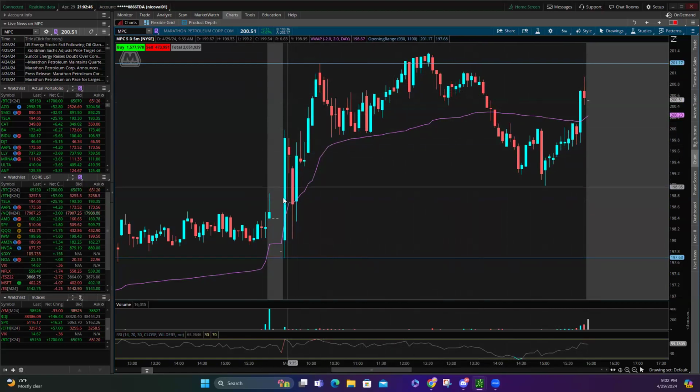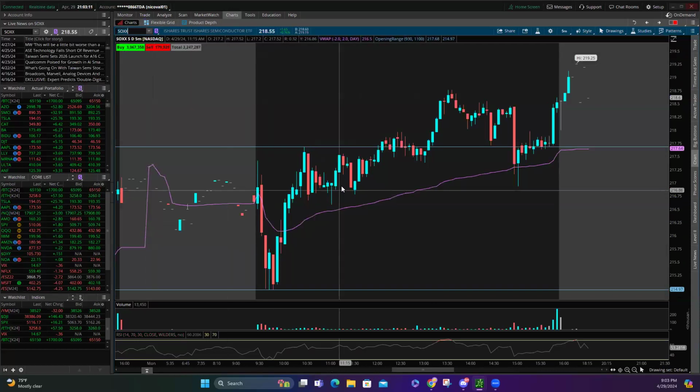If you don't have a retest of the VWAP, it's because that trade is gone. So if it's here and you're trying to jump in anywhere here, that trade is gone. You need to wait for a retest to get in. If you're far away from it, you're out. That's it. It went away from you. You need to find another name. Like if you're trying to get in here, unless you have another indicator, this trade was gone. The entry was here. Look how beautiful outside. You get out, and then when it goes back in, this is when it's going to give you a new entry. Or now it's going to go down.